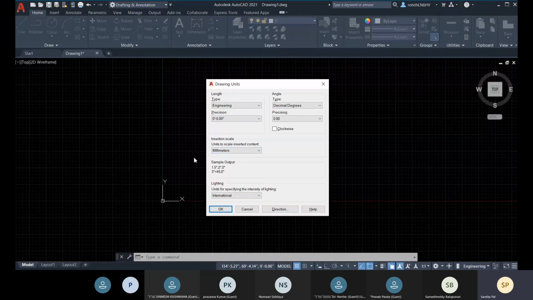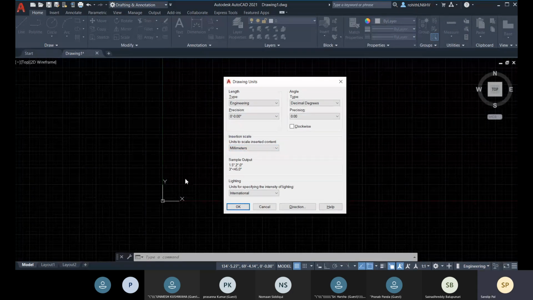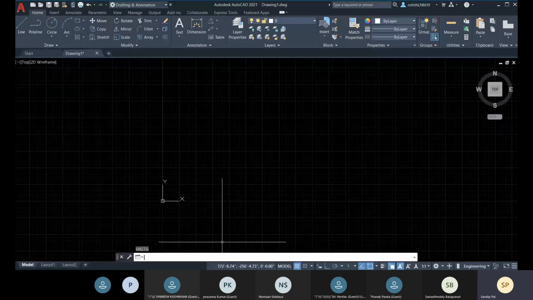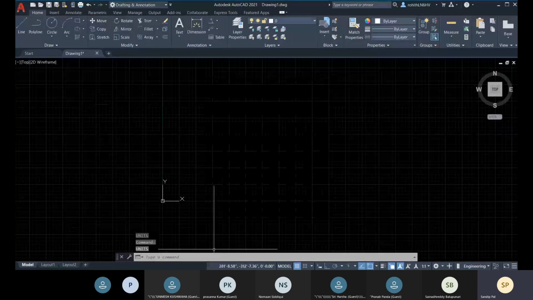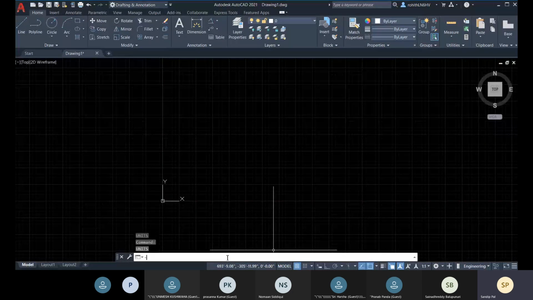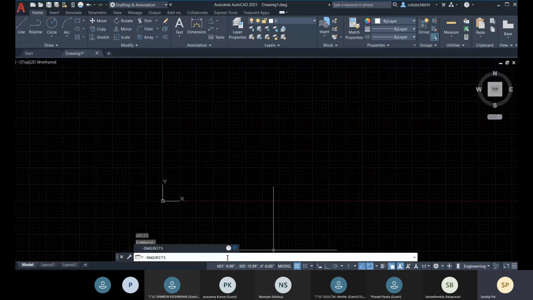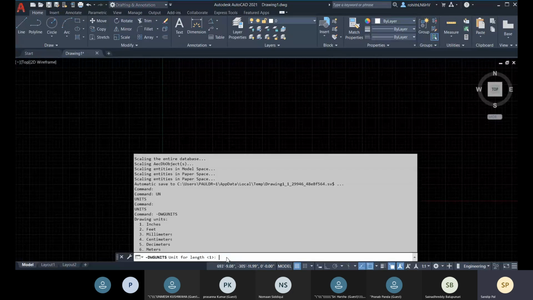So generally we don't do that. If we create in inches, we generally insert in inches, right? So that's why we should match this to inches. So right now you see that I'm having millimeters. Don't worry about that. We can change from that dash DWG unit also, and we can change from that unit section also.